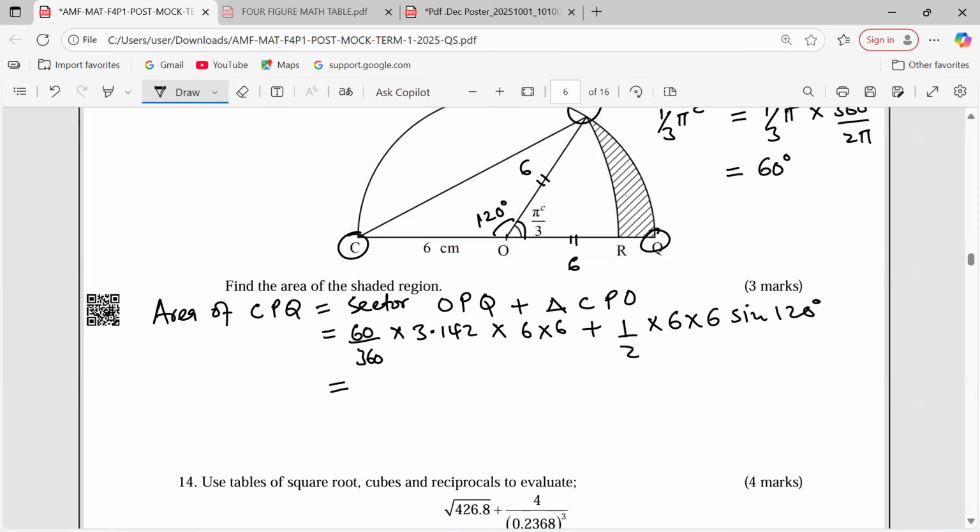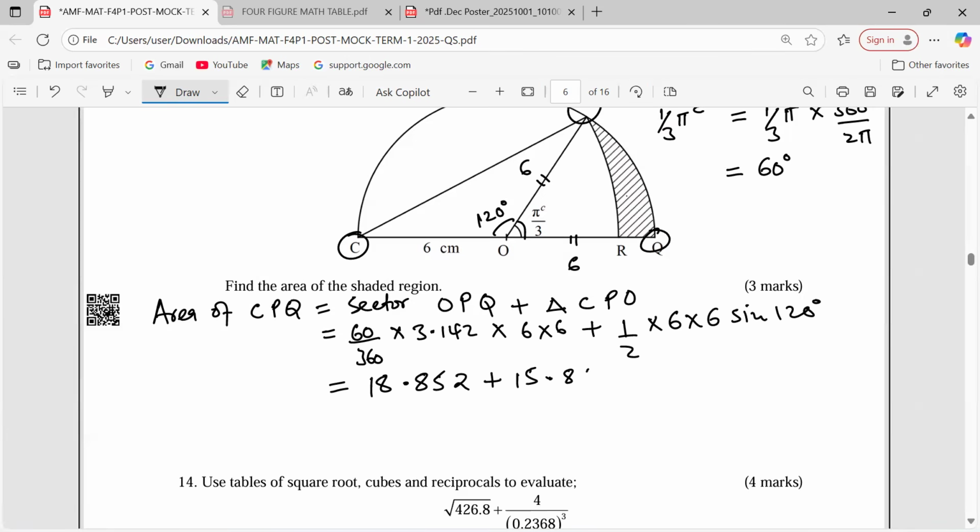So now we have 60 over 360 multiplied by 3.142 by 36, giving us 18.852. Then we add half multiplied by 36, the sine of 120, giving us